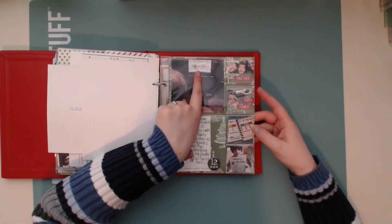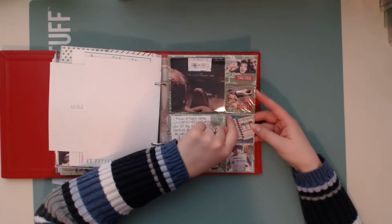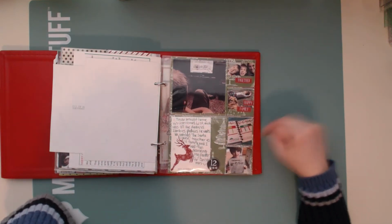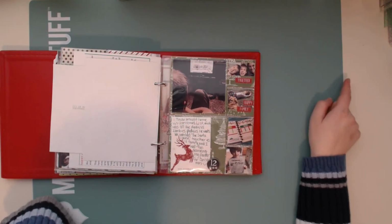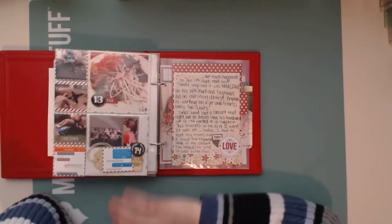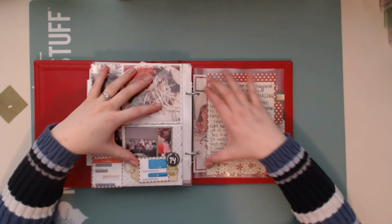We watched the Santa Claus, and this is my husband sitting here on the floor, and then the kids, and I, and Tinian and Max. And then while we did that, I also kind of decorated my planner for the next week with Christmassy planning stickers. Okay, day number 13 and 14 I did on the same page, and I didn't have any room to